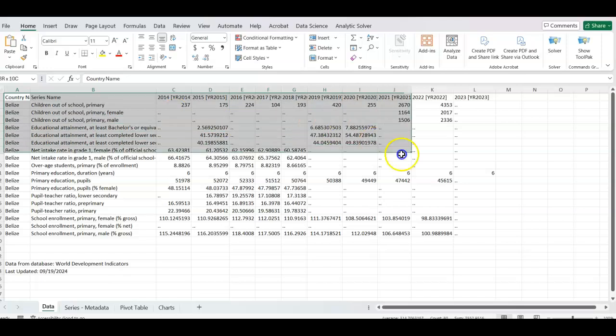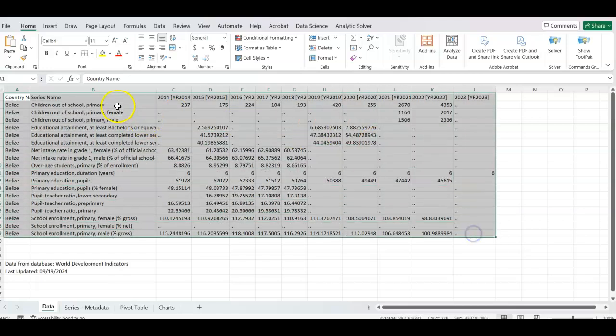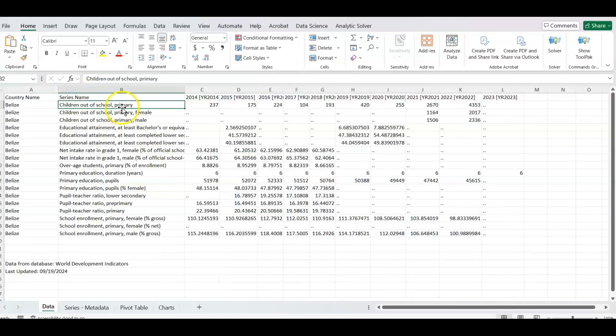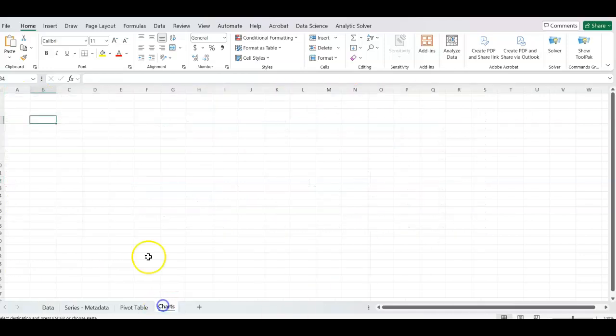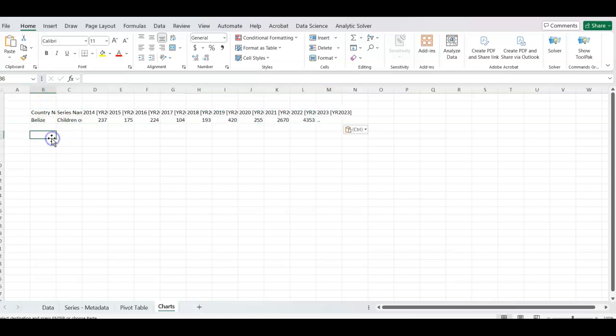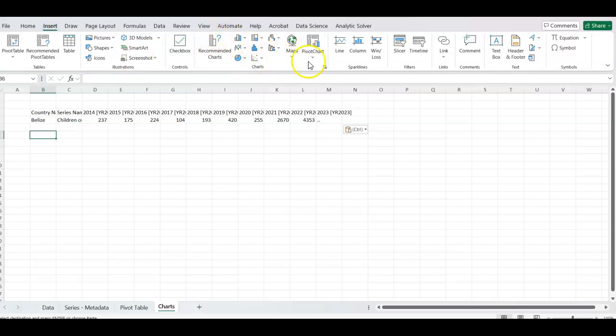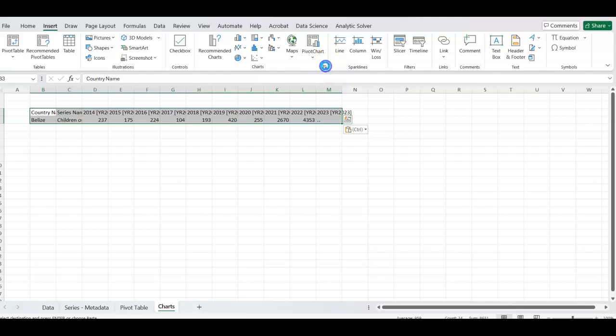First, what I'll do is copy all this. Ideally, I would love to have the charts per indicator. So if I have 13 indicators or 15, I'll have 15 charts. I'll show you how to do one chart. I'll copy this information first, and then I'll start creating the chart on a blank cell. Insert, and here are the different types of charts. Oh, sorry, I have not selected. You first need to select the information, and then